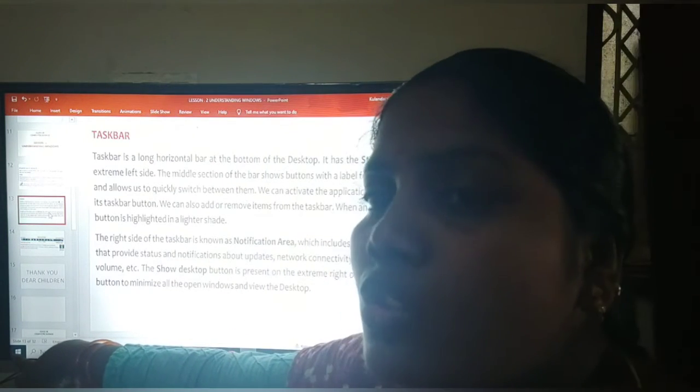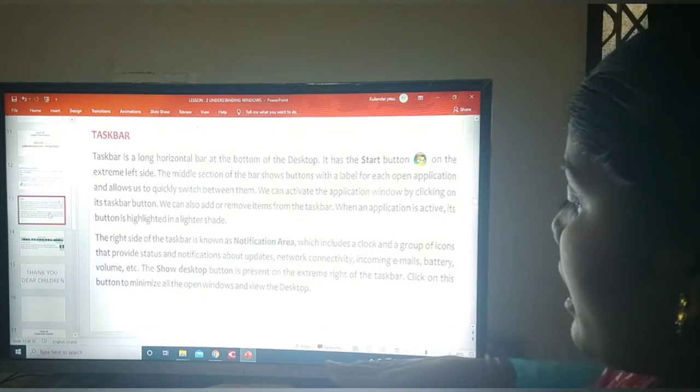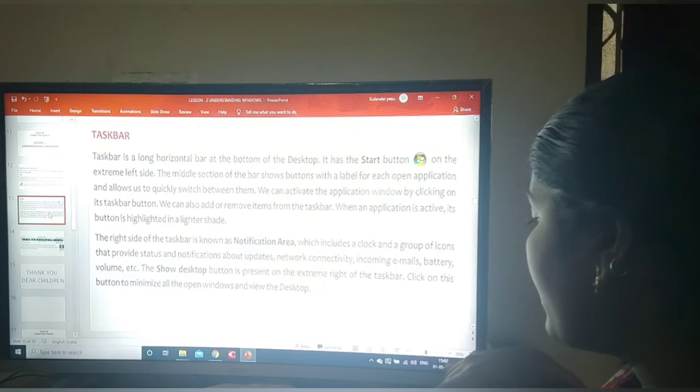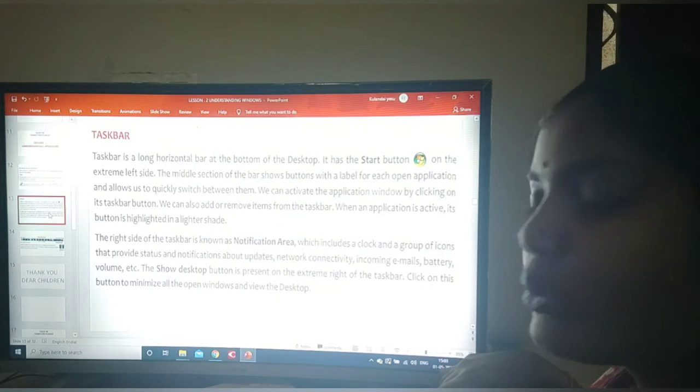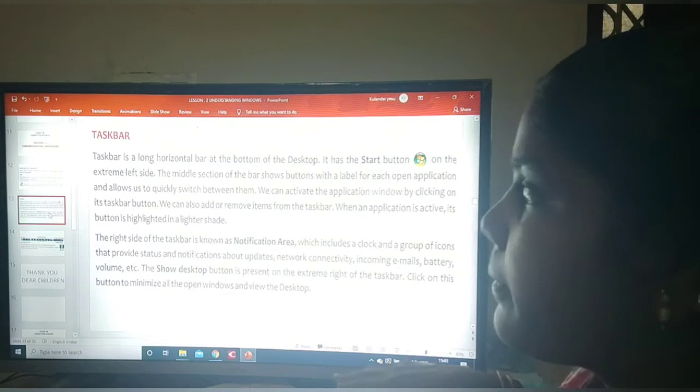This is the start button, these are the applications, here we have the notification area, and here we have a clock. This whole bar is called the taskbar.